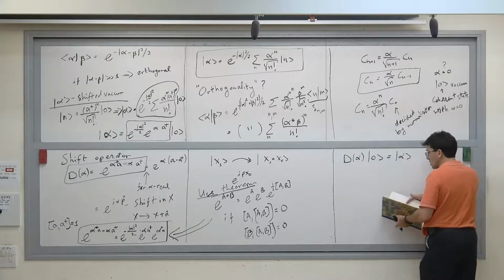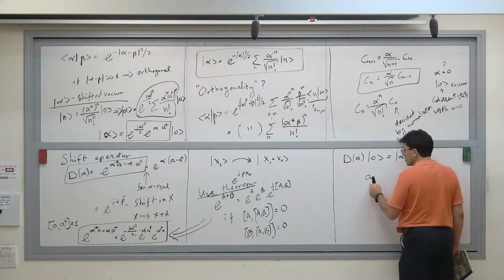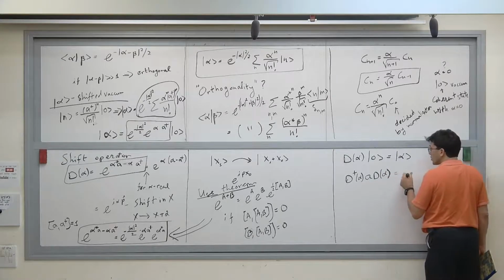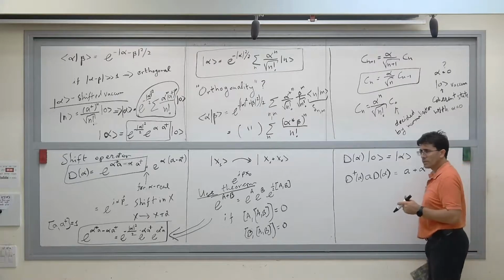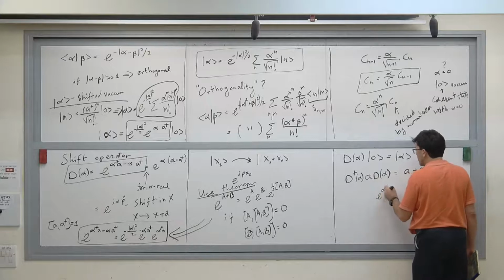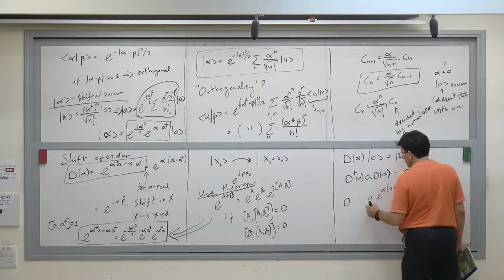I can say something like this. If I have the operator A and I do something like this, D dagger of alpha times A times D of alpha, this is just A plus alpha. What did I write here? Basically I wrote D of alpha, we know what it is. Let's use that convenient one. Let's assume that alpha is a real number, so e to the alpha times (A plus A dagger). And I have here A, and then here A minus